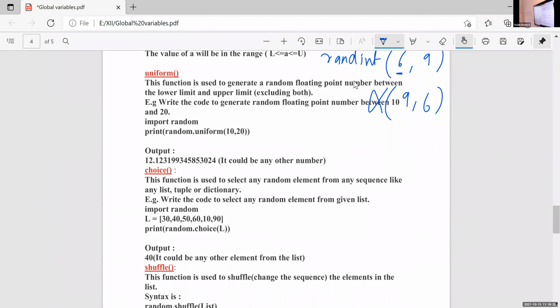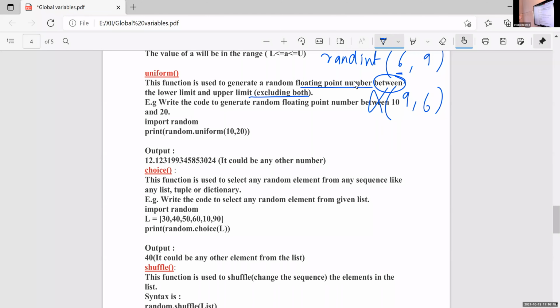Here uniform is another built-in function to generate a random floating point number between the lower limit and the upper limit, excluding both. It is just between, that is, between this lower limit and upper limit, excluding both.